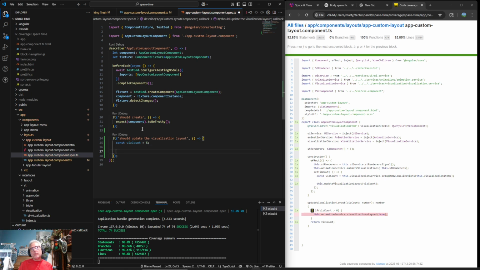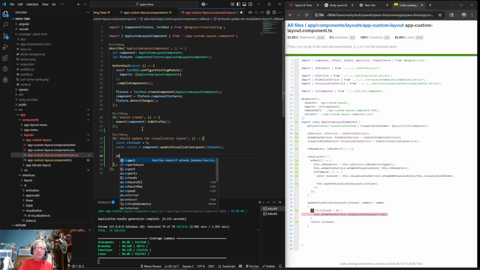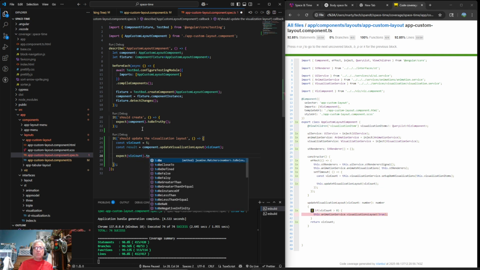So then result is equal to component dot update, nope, wrong one, update visualization layout, and then viz count, and then we expect viz count to equal result.